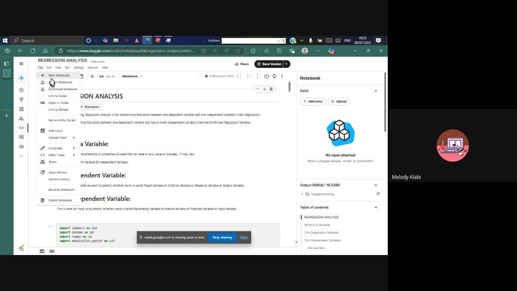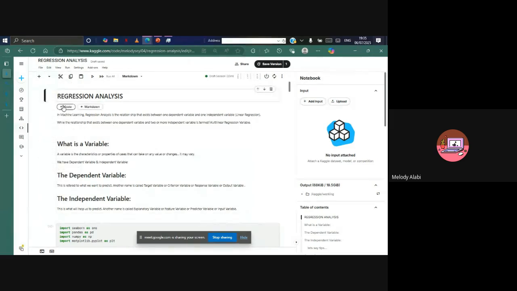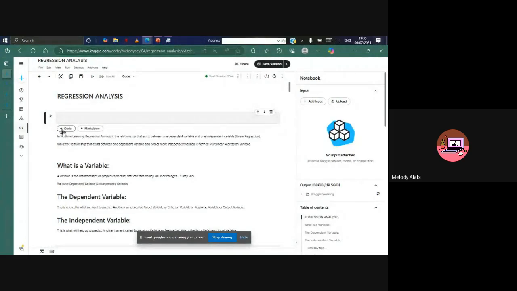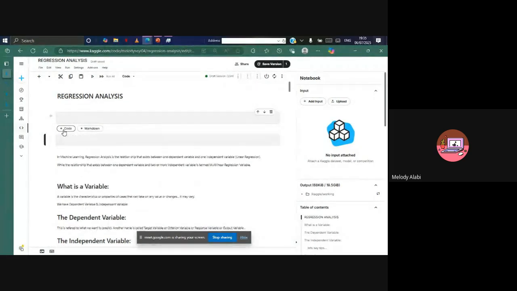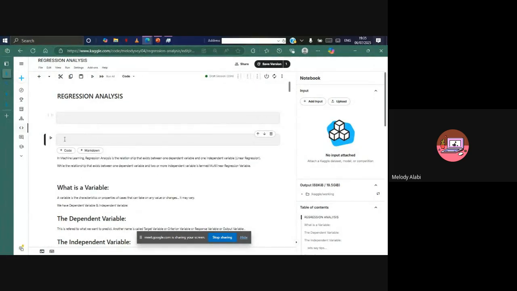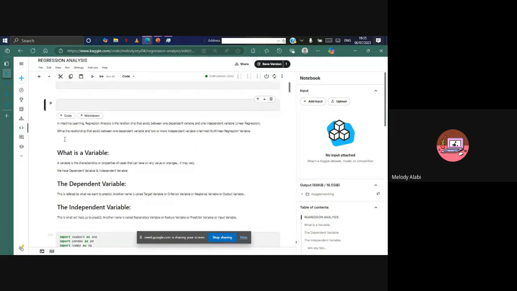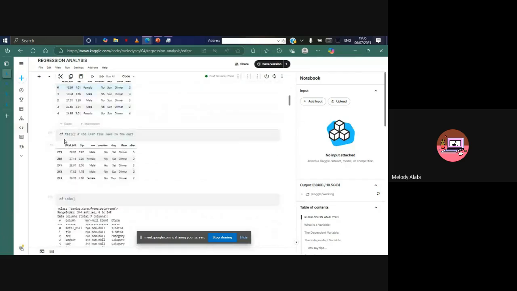So this, I will import notebook. That is my Python file. So that is how I was able to get this regression analysis here. So when I click plus code, it drops. This is called a cell. If you're familiar with Anaconda, this is very explanatory. So moving on,